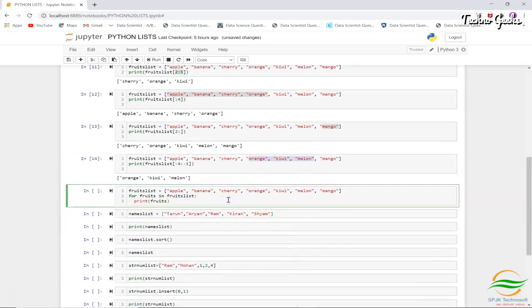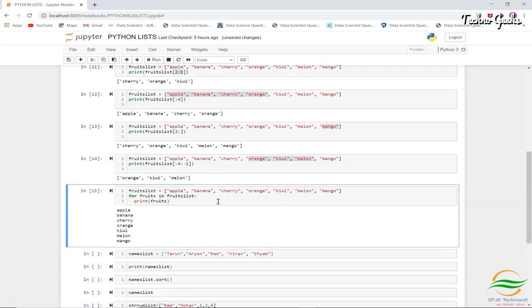We can also try lists using for loops to print the items in the list. So I printed again a fruit list which contains this many items, and I want to use a for loop to iterate the fruit list. I've done this, you see,